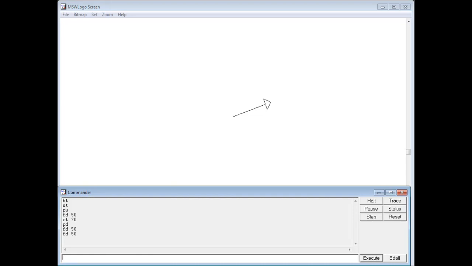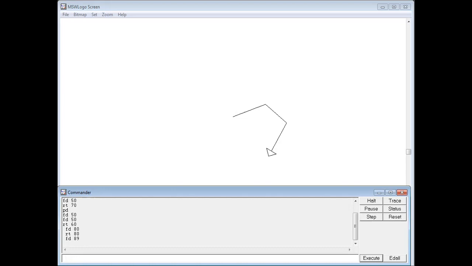PD means pen down. After that, students, suppose I draw something. Suppose I'm writing RT 60. After that I'm writing FD 80. Then RT 80. Then FD 80.